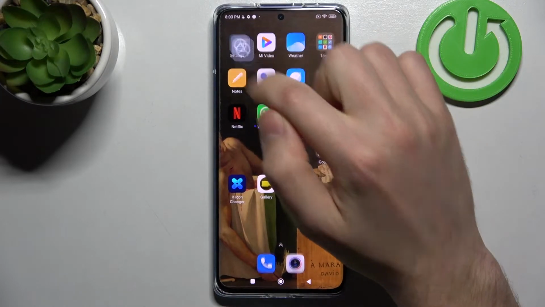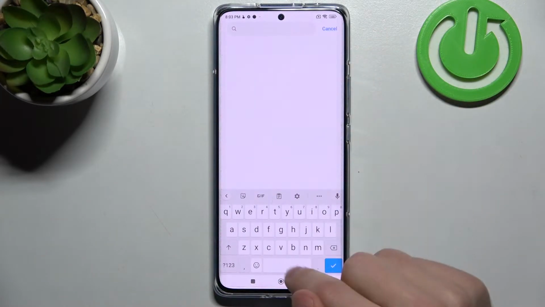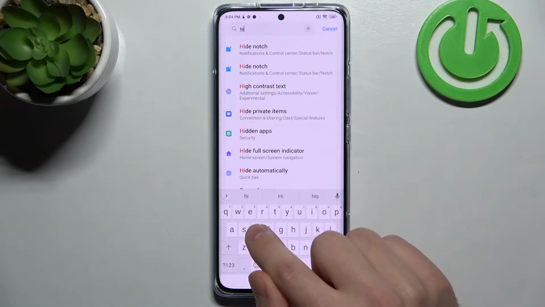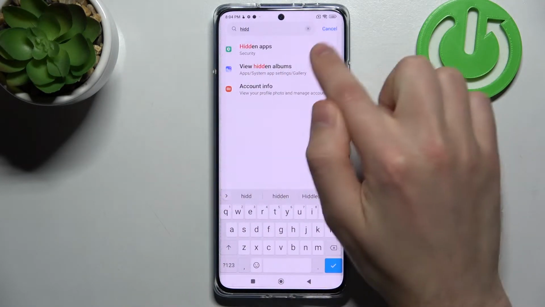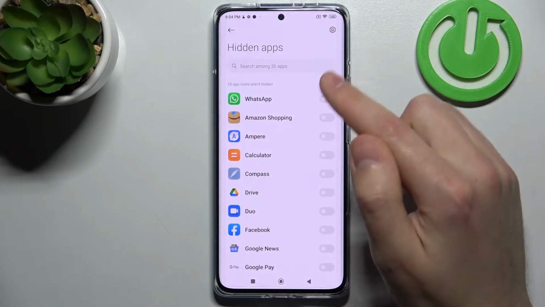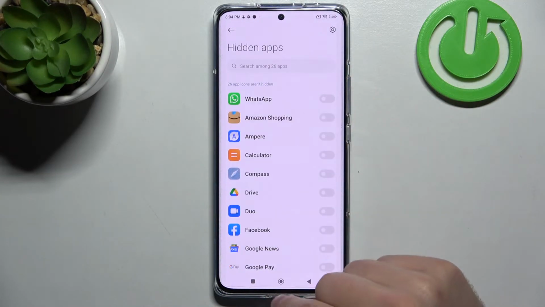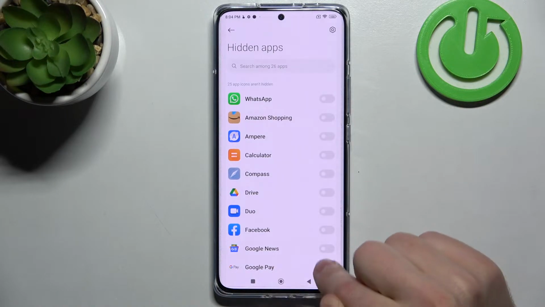Firstly, open your settings. Then, in the search of settings, write hidden apps, this option. And now from the list choose your application. Maybe go to our home screen and find